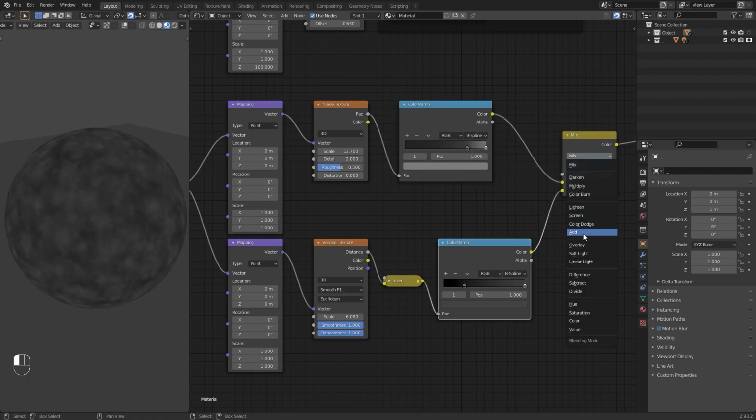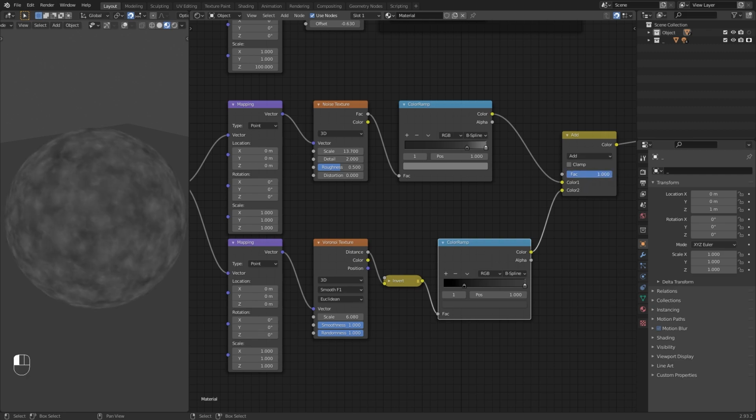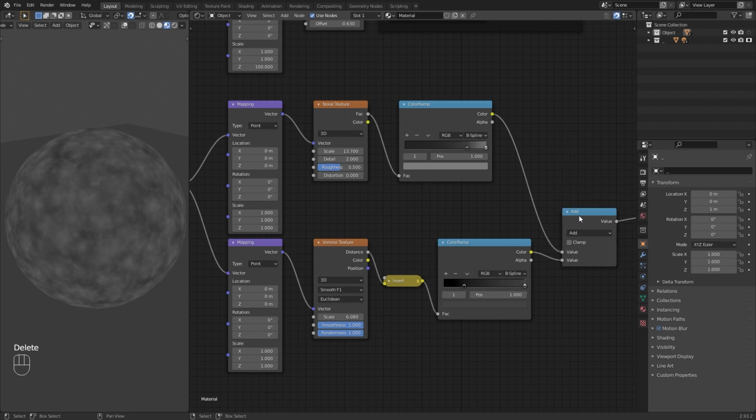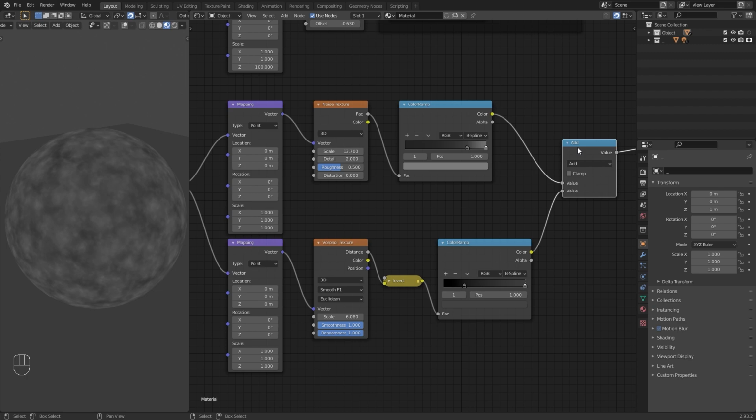But as we said earlier, since the output after creating this map is in grayscale color format, it is better to use math nodes instead of mix RGB nodes. The add function of both these nodes gives the same output. But for the above reason, connect these two textures to the math node and get the output. Right now we are done creating our metallic map.